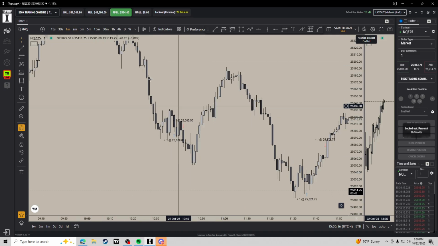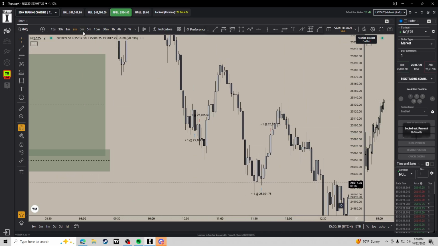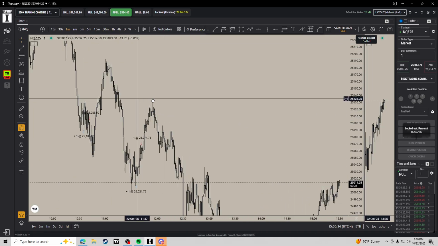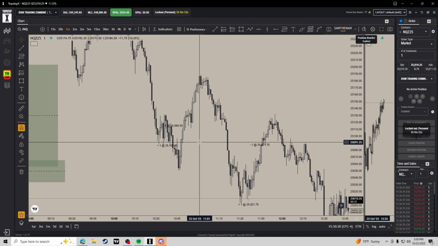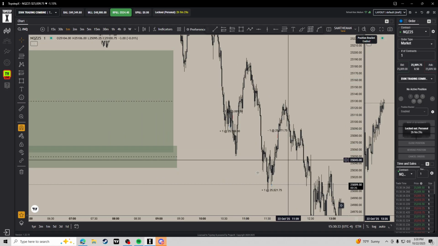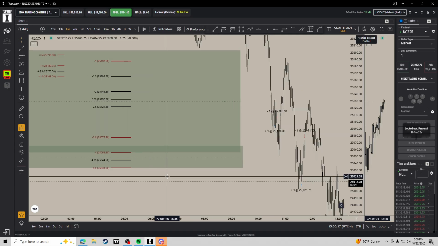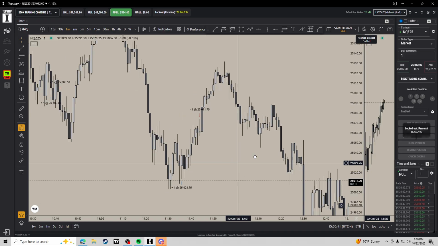But yeah, this just didn't even look good, honestly. And then we ended up getting this, and this was a nice little move back up. I think we got like a... No, we didn't even really get anything nice. We just got this 1 minute right here. But yeah, I did that, and then after that, we ended up coming back into that volume imbalance, and also sweeping that 4-hour low.